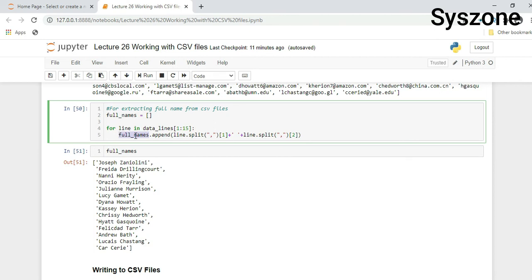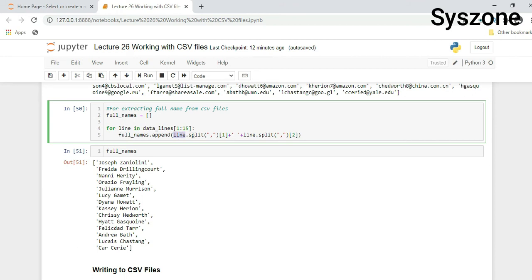So we have a blank list variable, full_names.append. We will append whatever value we split or extract from the rows. Then line is a variable where we are picking and storing line by line values.